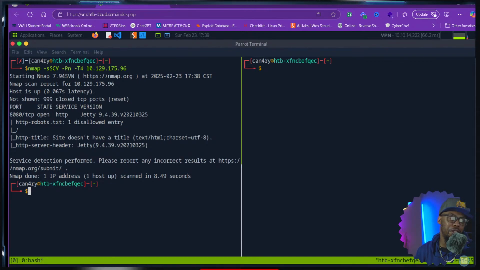But we went over the Nmap one. We'll go over it more in depth because last time I was so tired. But anyway, as we can see,